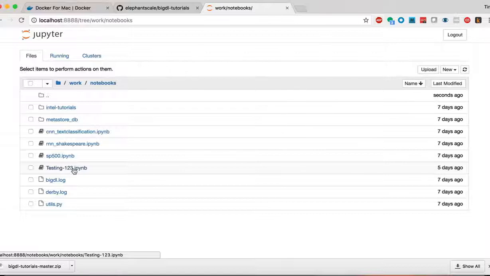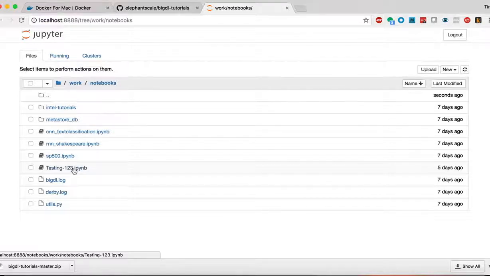In the next video, I'm going to go over actually running some examples and tutorials of how to use Docker for big learning. But for now, I'm simply going to load up this testing123 iPython notebook. And I also suggest, if you're following along with me, to please go ahead and start that up on your own machines as well.